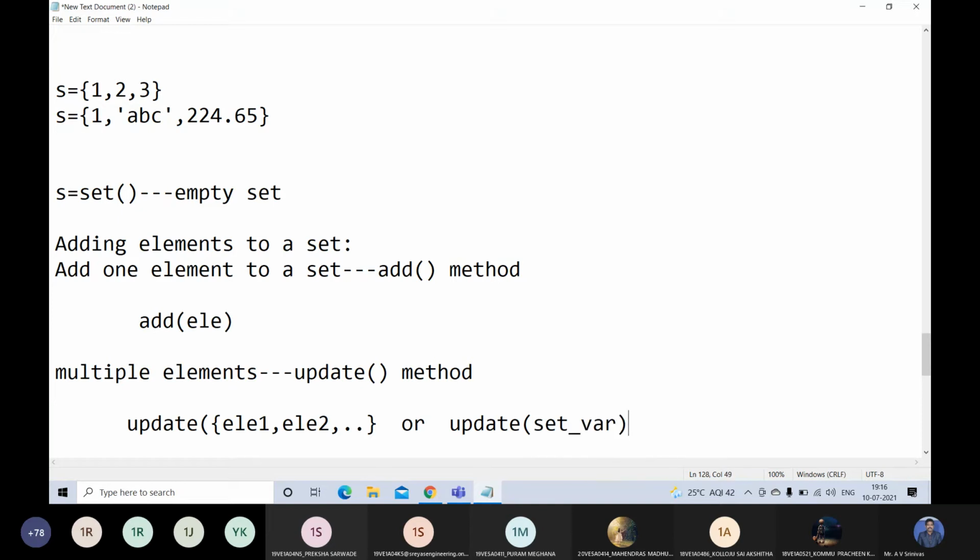Either you can write the values or you can write the set variable. Both are possible. Update of ELE1, ELE2 within square brackets, curly brackets, or otherwise you can write update of set variable. By using any one of these, we can add multiple elements to a set.